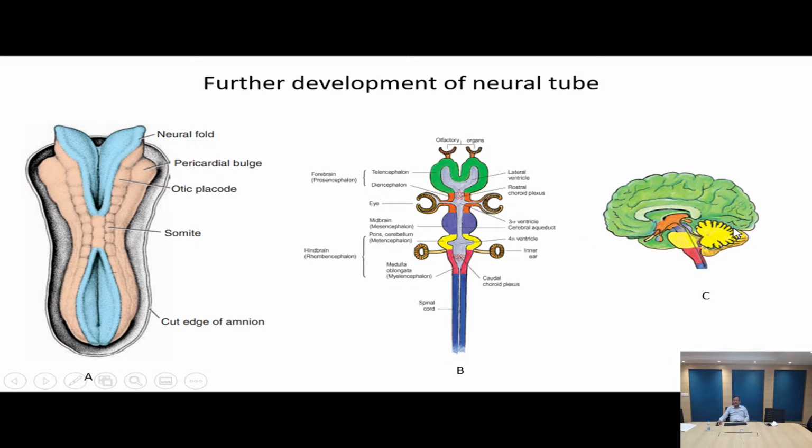So we now know that the nervous system, I will just summarize what I have told you, starts developing from day 17 of intrauterine life in the form of a neural tube. The neural tube develops from the ectoderm. So the nervous system develops from the ectoderm, and the neural tube, as it is folding, is giving rise to a collection of cells which are called the neural crest, and the neural crest in turn gives rise to